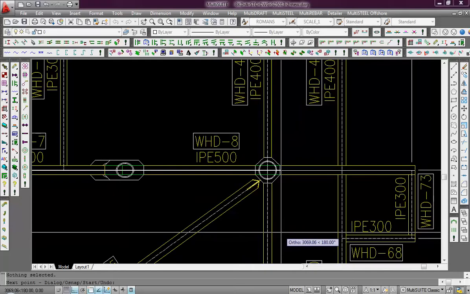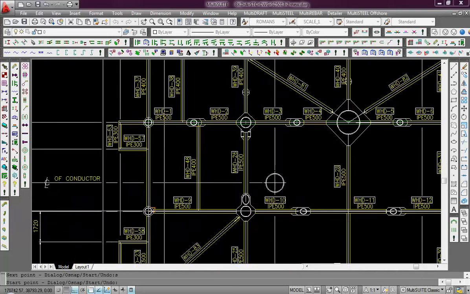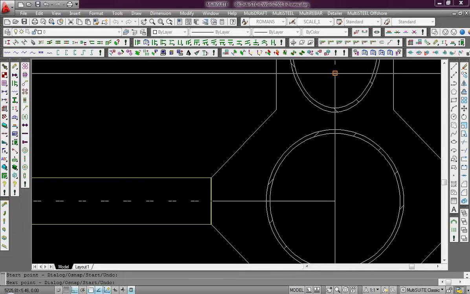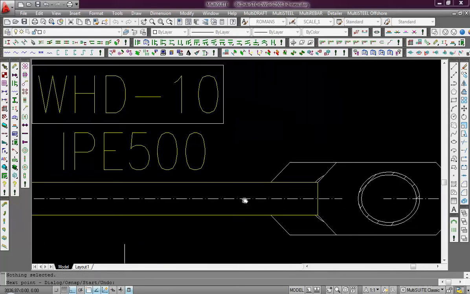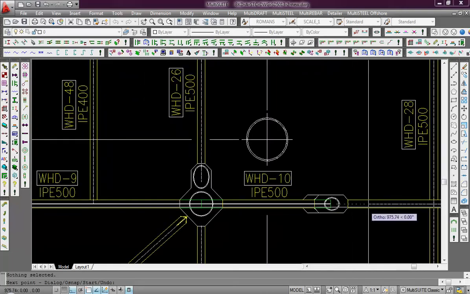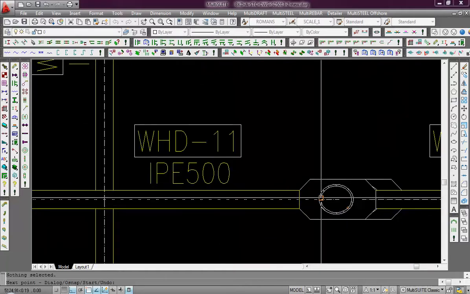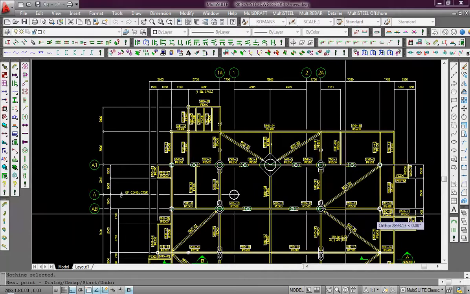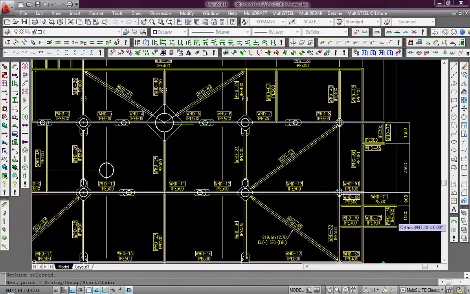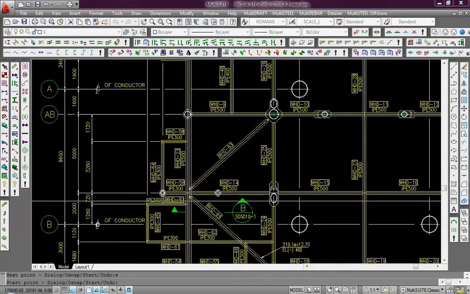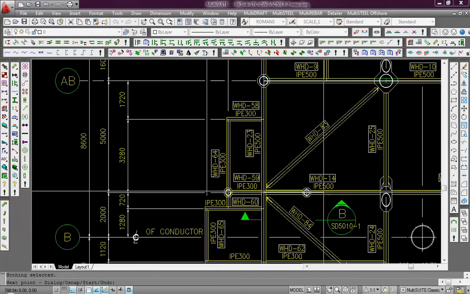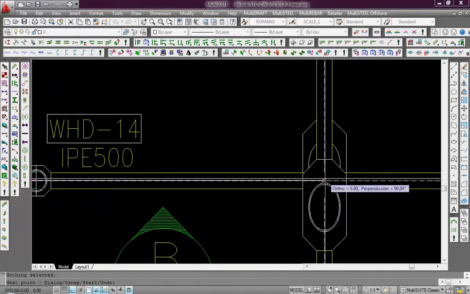Then if I want to start a new drawing, I just type S in the command line, and I'm going to find the section which is the same size that I'm drawing. Then I type S. Here it's IPE 500. I draw to the end point